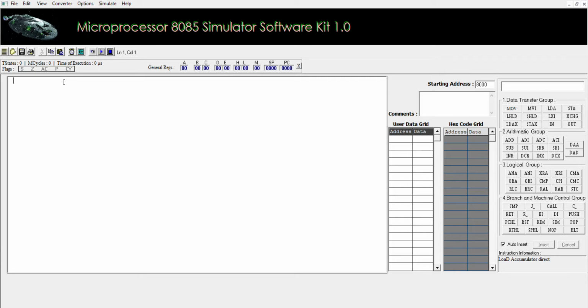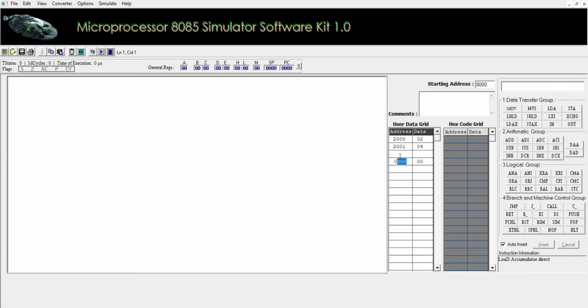Then let's start to write the program of addition of two 8-bit hex numbers. First of all, we provide our input data. At address 2000, let's take data 02 in hex. Next, address 2001, data is 04.